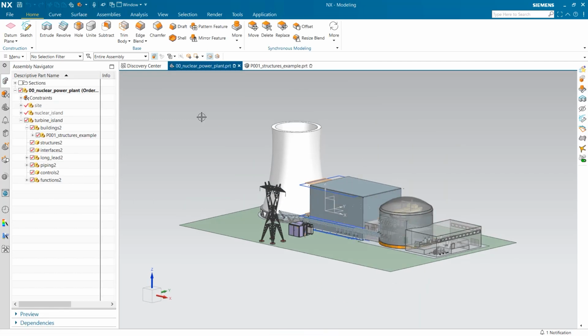Let's recap what you have seen. You saw me create multiple structures in the structure library, and then create a building with these properties. I then specified different rooms in the building and output the areas into an Excel file. You then saw me select different materials for the rooms and quickly customize them for our application. You saw me add a roof and saw the updates in the power plant assembly.